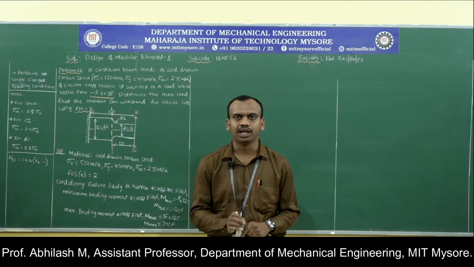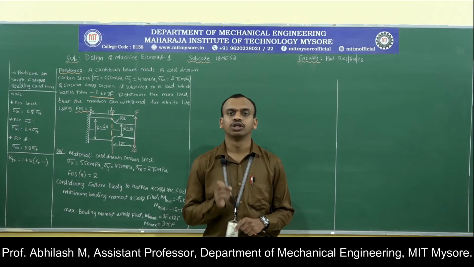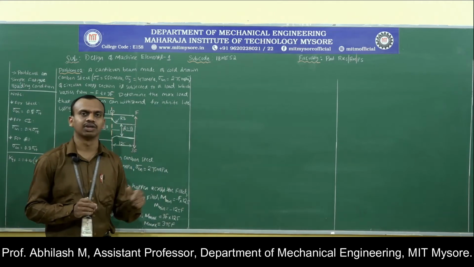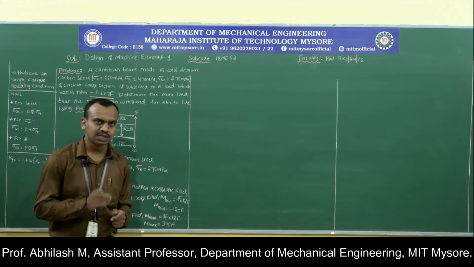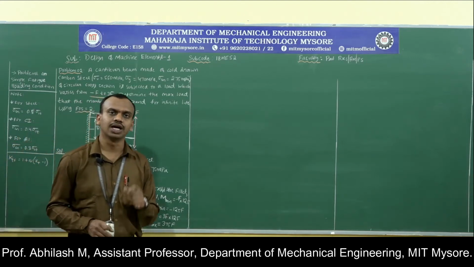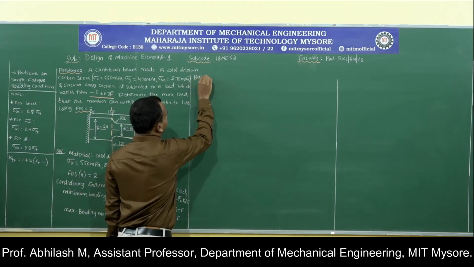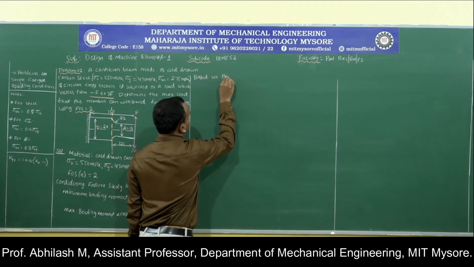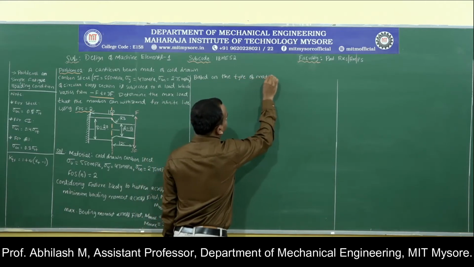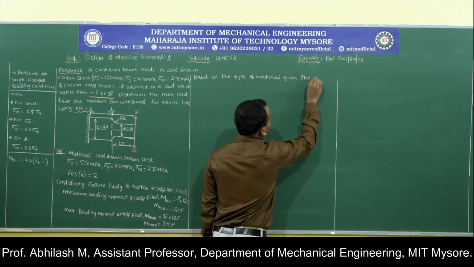So, for the given material, that is for the steel, the design equation that we are supposed to use is the Soderberg ductile equation. Even the Soderberg brittle equation is also there, and there is one for when it is subjected to shear also. But in this particular problem, we are supposed to consider the Soderberg design equation for the ductile material. So, let us write that. Based on the type of the material given, the design equation